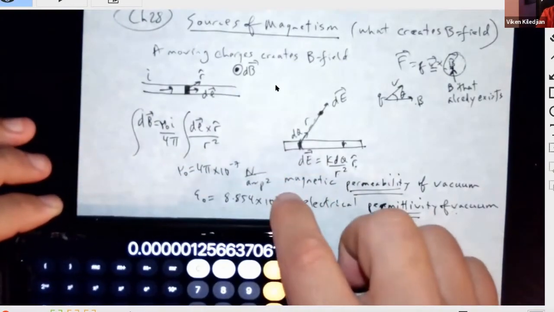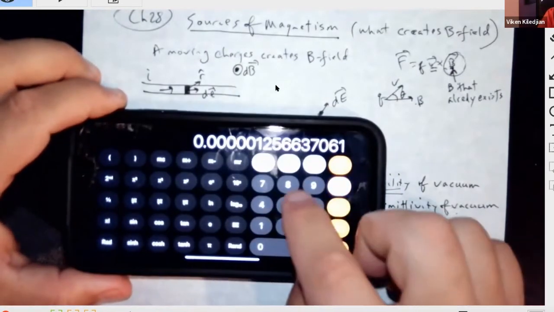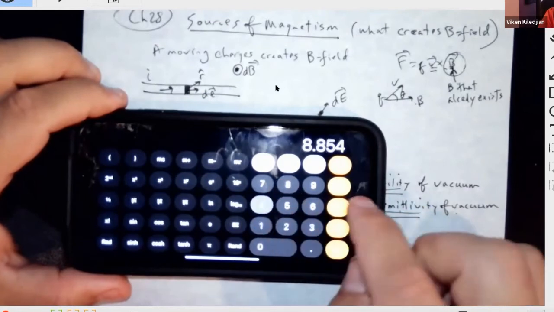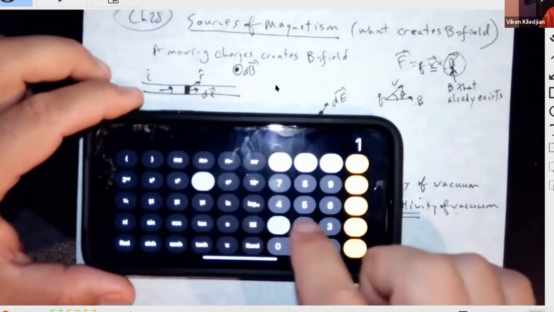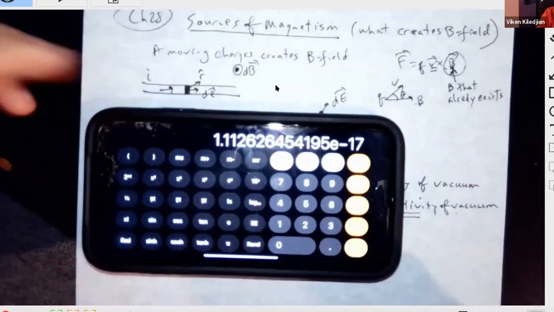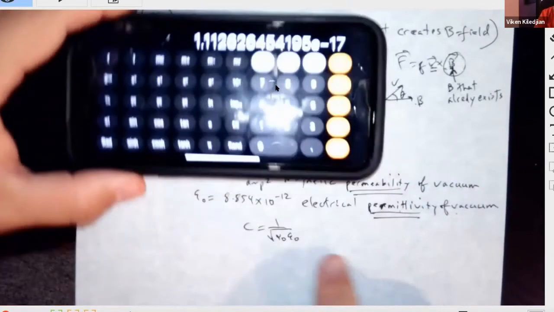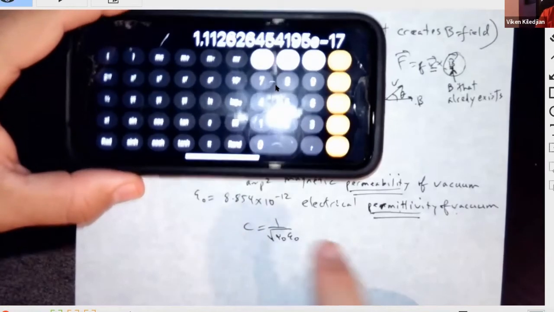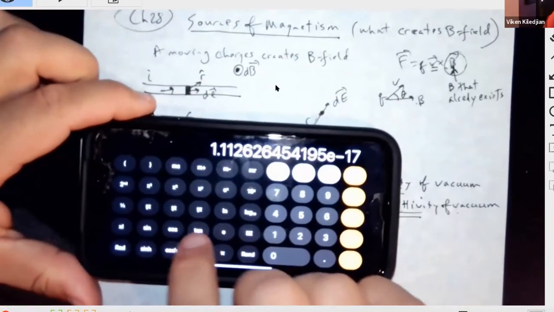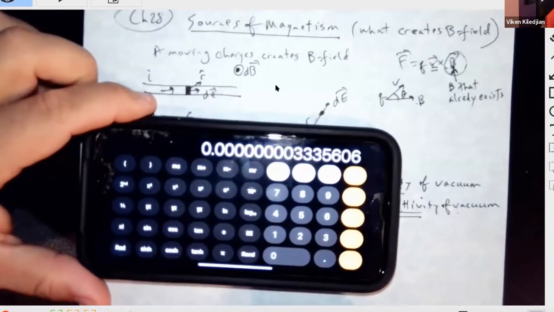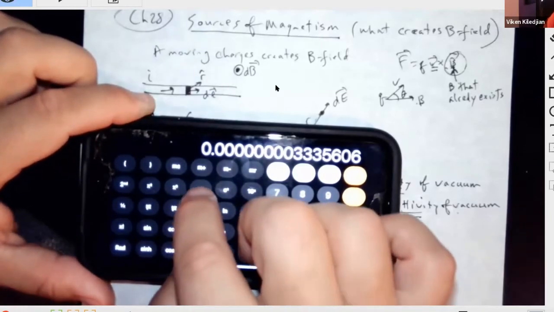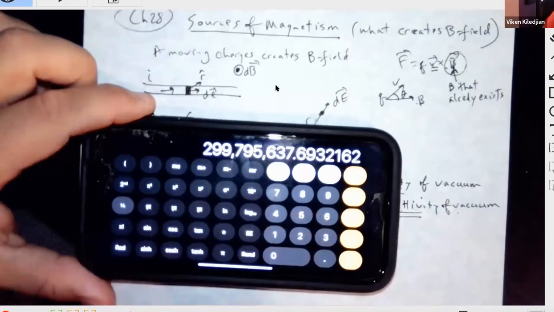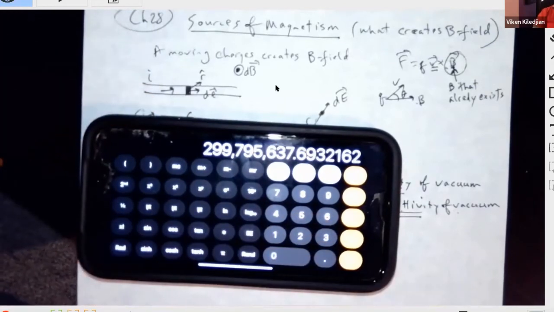And of course, this is even smaller, times 8.854 times 10 to the power negative 12. Okay, so you get this hugely small number, but then I'm saying square root it. Okay, and now reciprocate it. You got the speed of light,